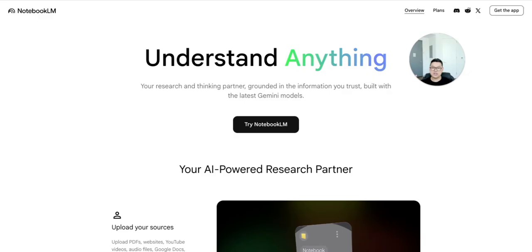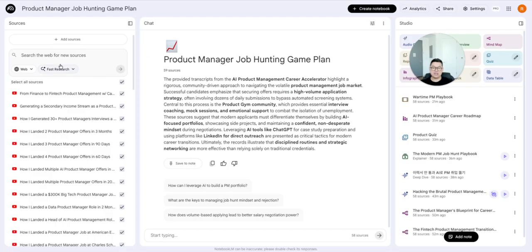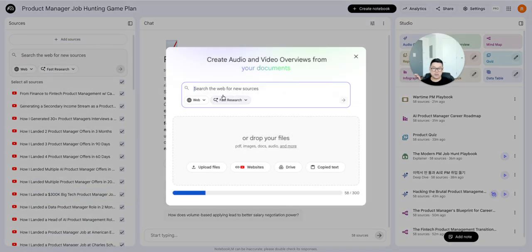For starters, you can add all of these YouTube sources here under where it says source, and you click on add source and you can add all of these different sources here. If you toggle down, you can also add sources from the web as well as add sources directly from your Google Drive. Other things you can do is upload actual files such as PDFs, Word docs, PowerPoints. This has actually been so helpful for people that are working as lawyers, management consultants, because there's just so much